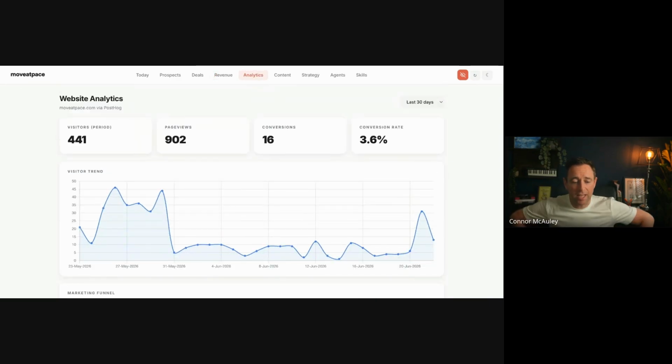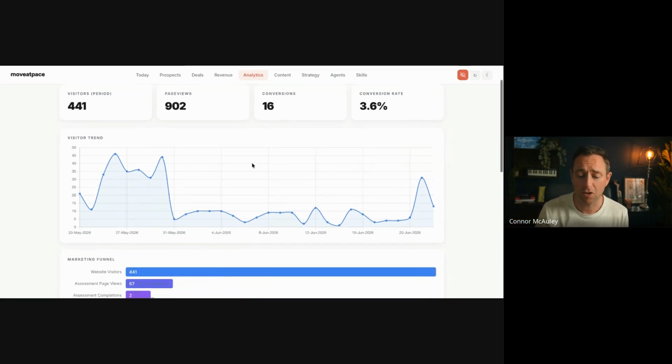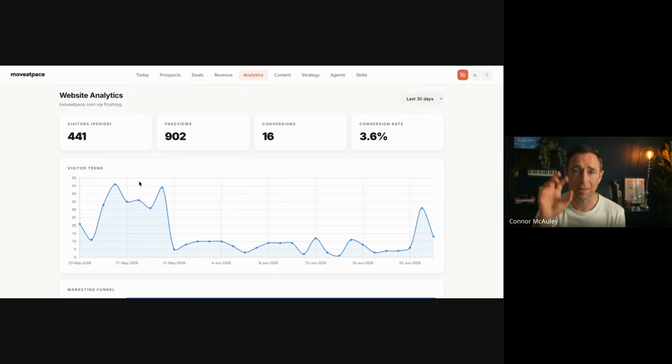Analytics, as you can see here, this particular data for moveatpace.com, which is actually true, is showing the visitor trends to my website first and foremost. And this is linked to PostHog, eu.posthog.com, where you can see the real data. You can create funnels, conversion rate optimization, all of those good things that will help you to maximize the people who come to your site and turn those into conversions, whether that's leads for sales or to your newsletter list